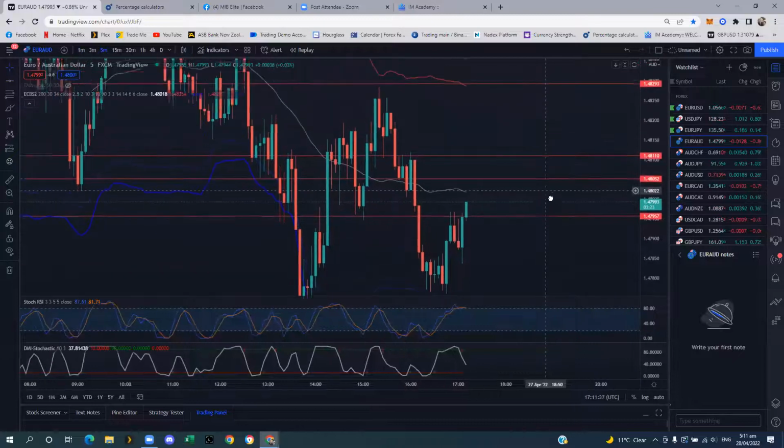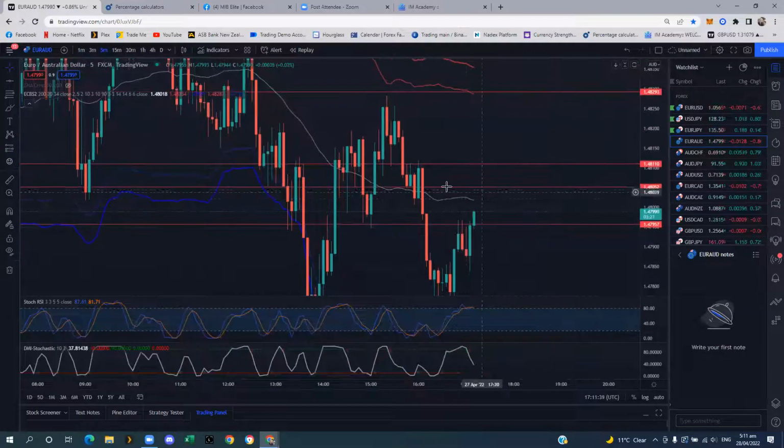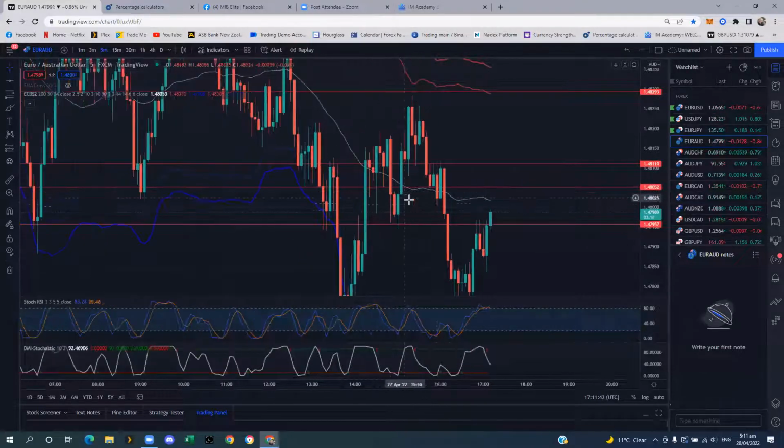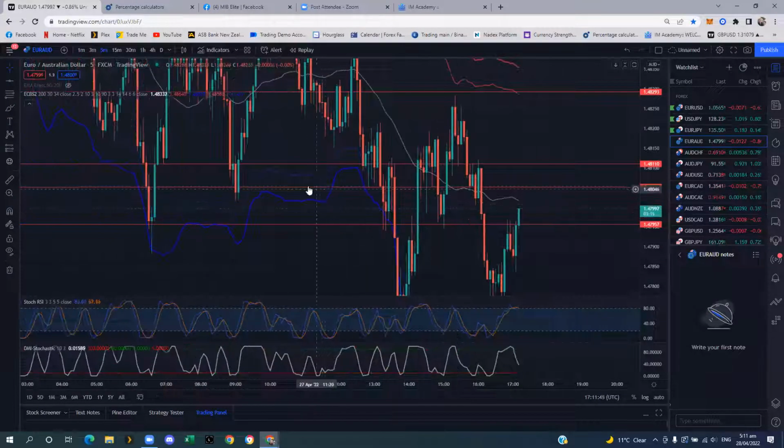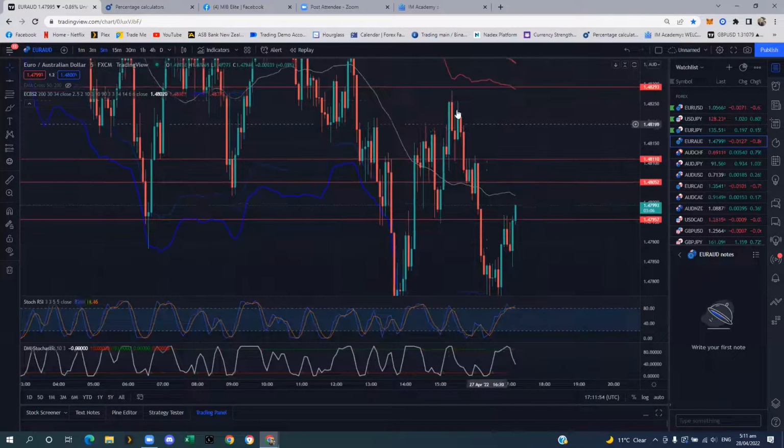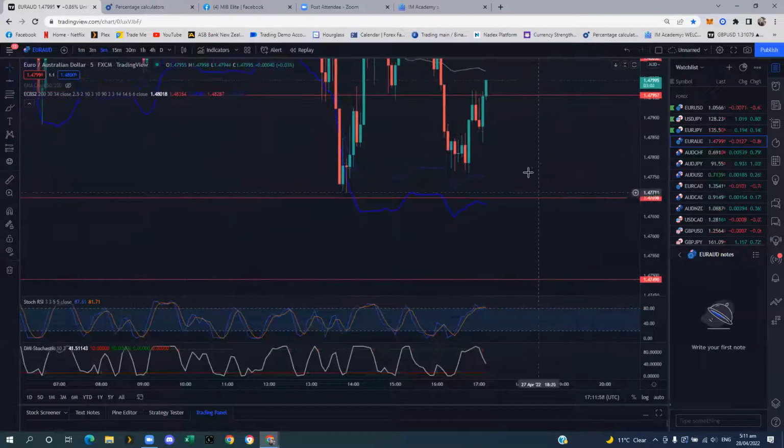So I want to make sure that I am getting good markups to make sure that I enter trades and don't miss out on them, but try and not miss out on too many trades, but not get in too early. And the way that I do that is I look at candles and wicks. So if I come down here, for example,